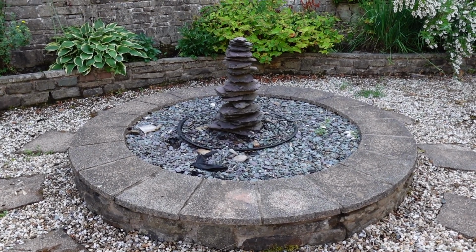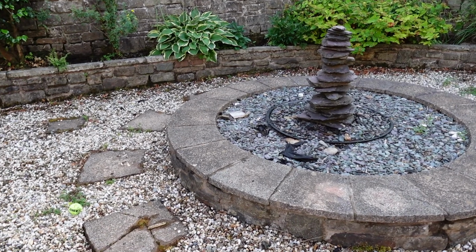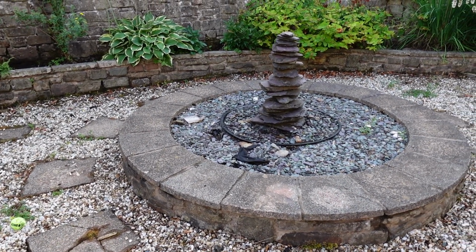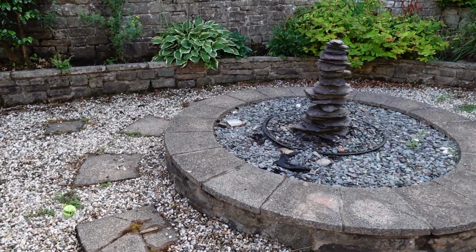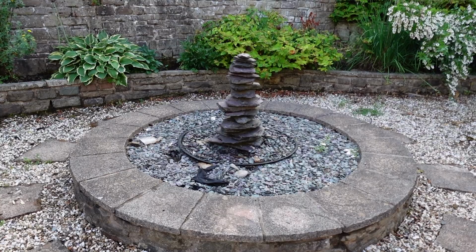I probably will keep that water fountain in the middle and have that put somewhere else in the garden, but it's not solar powered, so we'll see whether or not we can salvage that. But we think that the wire runs underneath the wall and under the floor quite deep, so we'll see what the construction companies say about that. If we have to get rid of it, then